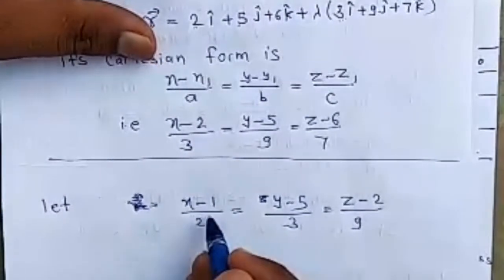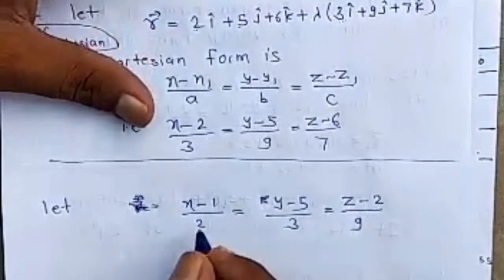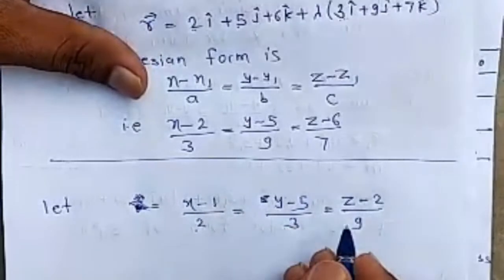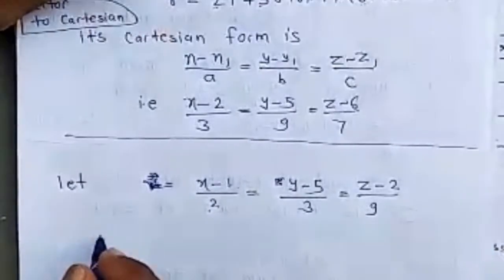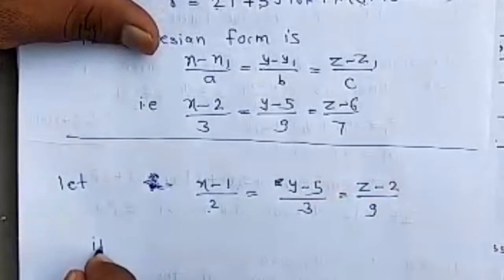Now this line passes through point x1, y1, z1 means 1, 5, minus 2, and its direction ratio are 2, 3, 9. Then if we change it into vector form, its vector form is